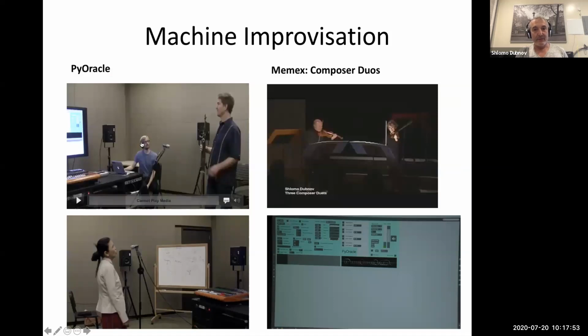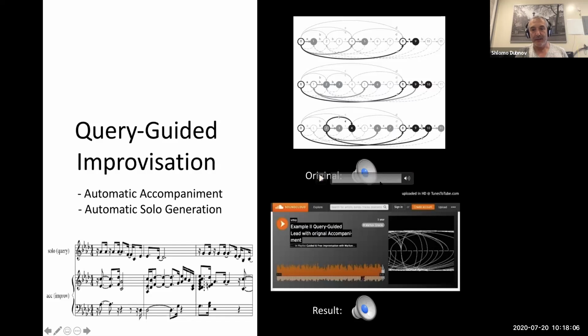Maybe a short example. Well, let me skip. I see that the media is not synced, so I'll skip this. But this example that I tried to play the previous time, I hoped it will work today because I checked it before, but it wasn't through Zoom. We said that we can actually query a song or one musical piece with another musical piece. So as we said, we had an original saxophone recording.